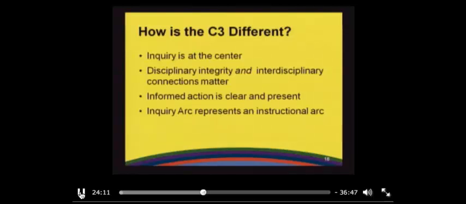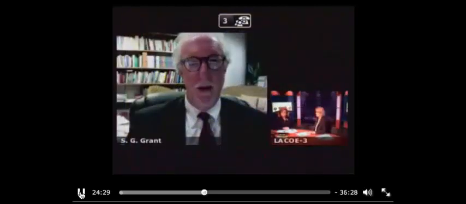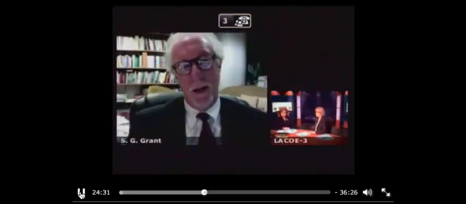So the second dimension is really about identifying and applying the disciplinary concepts and tools. Now, in some cases, the questions that students and teachers have will be focused on a single discipline. A question like, what are you going to use your money for? Lunch or a video game? Sounds like an economics question.